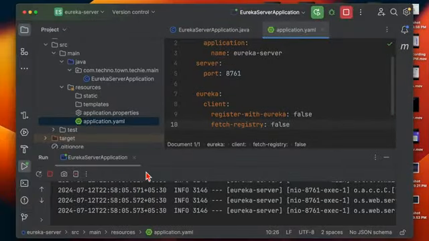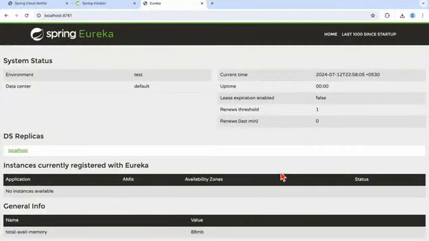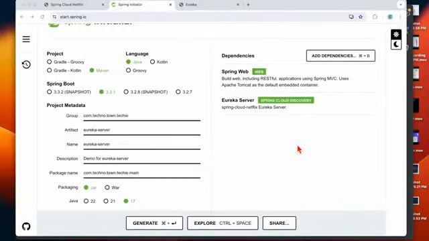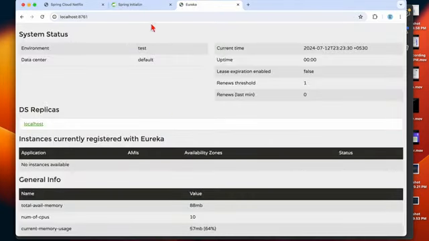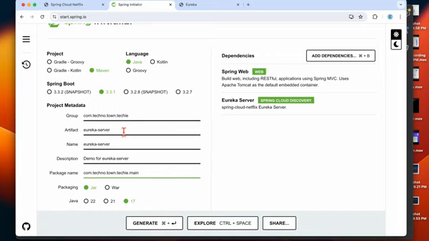Okay, so now we need a Eureka client here, right? What I'm going to do is create one microservice, that is the product service here, and after that I'm going to register that microservice with this Eureka server. Okay, and let's go back to our Spring Initializr here and create the product service. Okay, and demo for